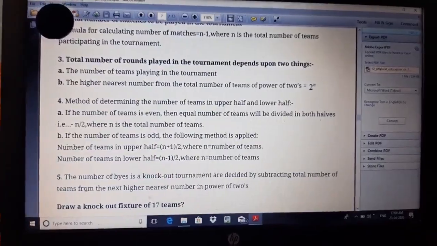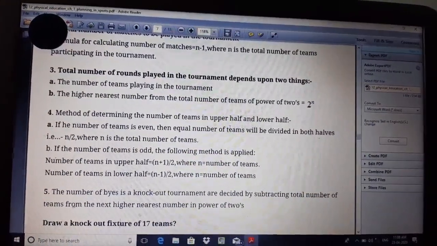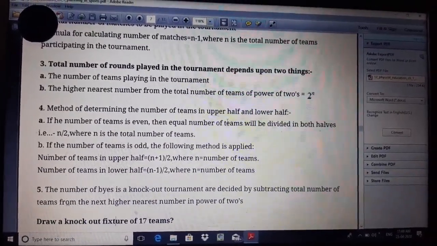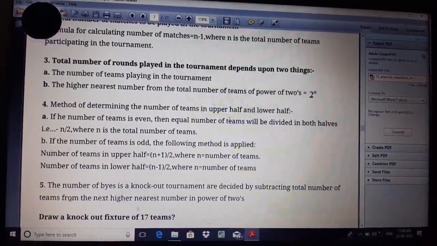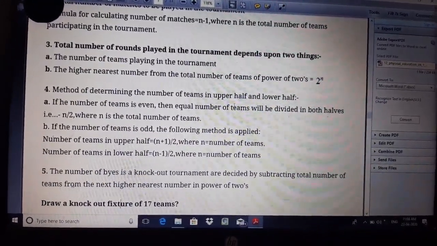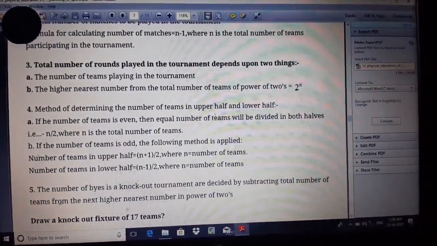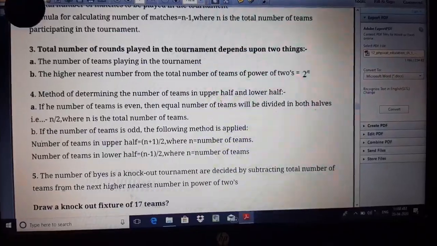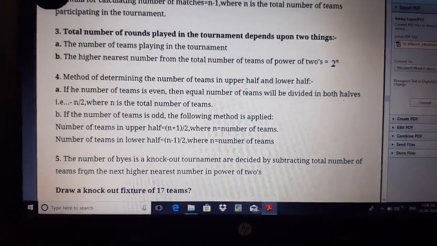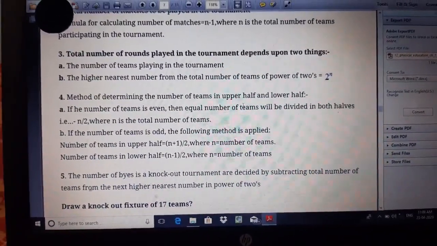So it's a very simple thing. I hope I'm clear with upper half and lower half. It's two simple formulas which you need to remember. Once you practice on your own, hardly in 2 minutes you'll make the entire fixture. And it is a confirmed question that comes every year. Making a fixture, making a draw of teams, is an every year question in the board exam.